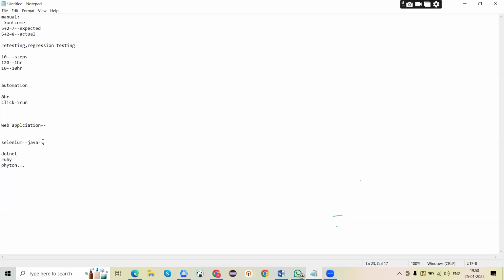Android is also mainly converted into Java only. It is having so much, right? Very familiar. If you move on to the right now, you may say, Supriya, it's Selenium Java, but right now I'm also getting applications or calls for Ruby, .NET, Python. Yes, Java is like the first one. If you learn Java, you can easily learn .NET, Ruby, Python, or any other language.